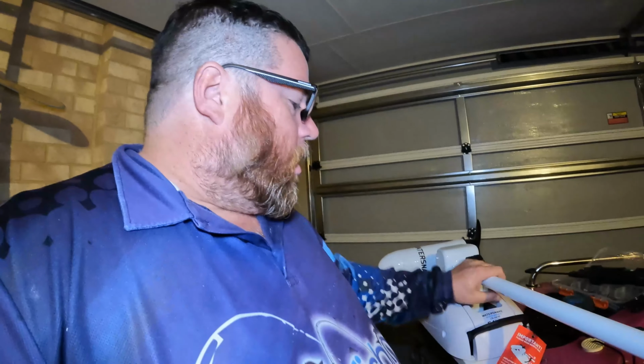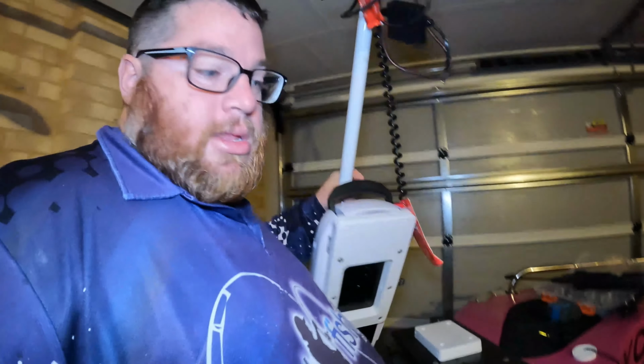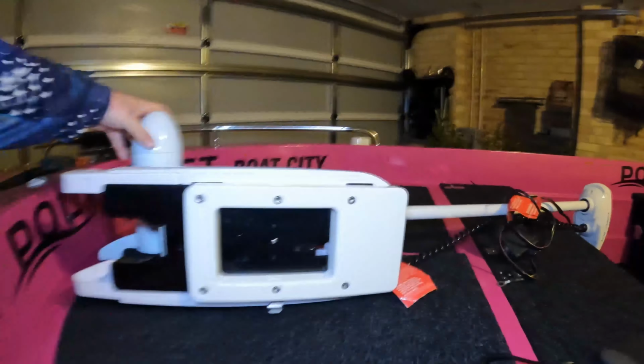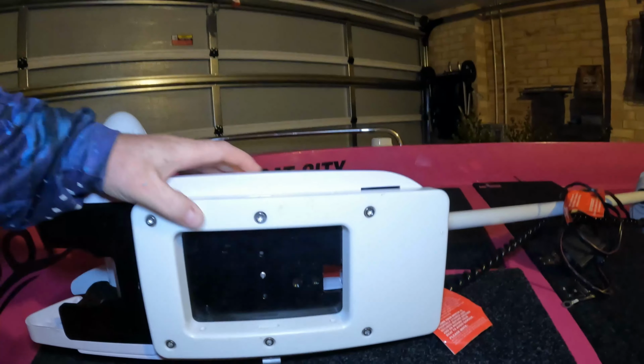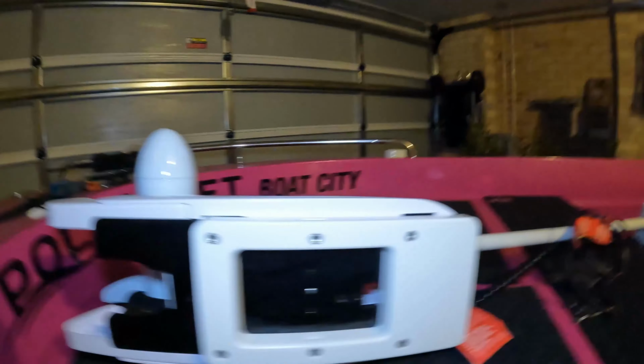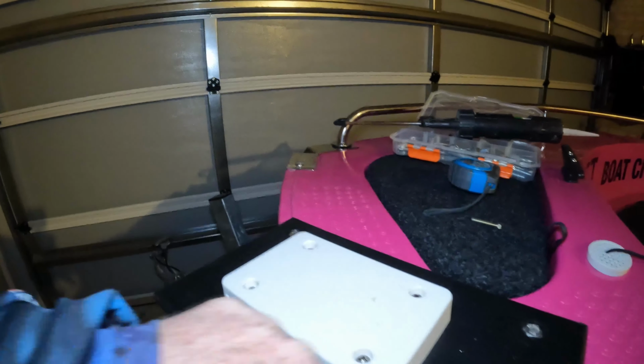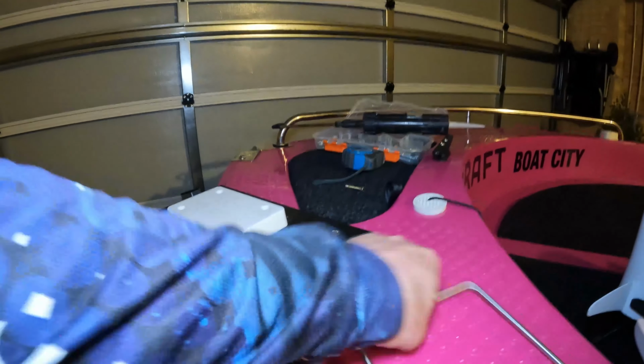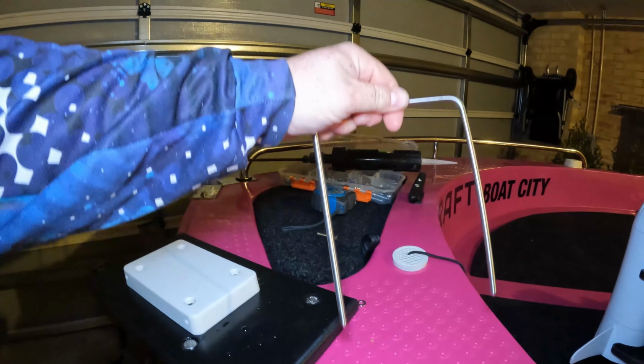So what we've done is we've put the quick release bracket on, okay? I'm going to try and lift this with one hand. All right, and we'll put that down there. So on the bottom of this motor, as you can see here, you've got this poly block here with a big hole in the middle. Now that hole there goes over the top of this plate here, which is what they call the quick release bracket. This U-shaped pin here goes through